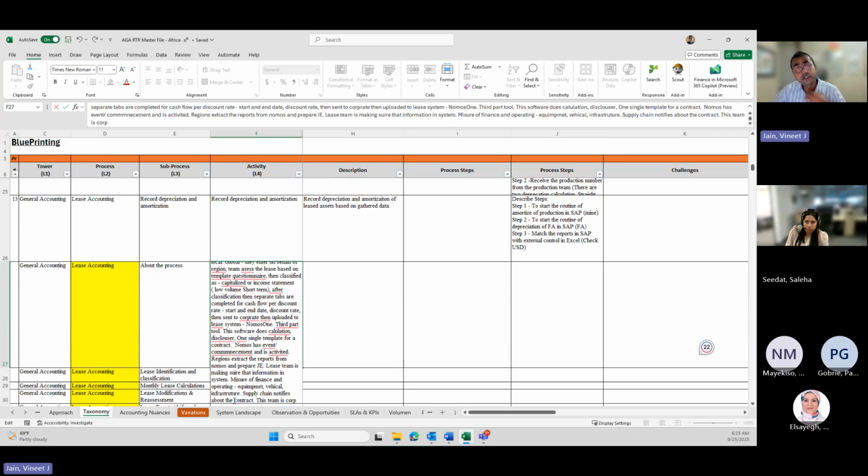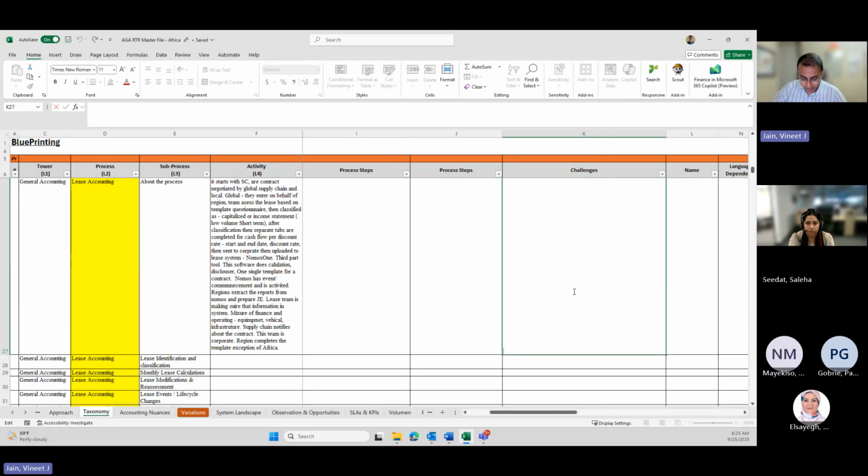And do you also get the templates filled in, or do you always have to fill the template yourself? So the regions fill the templates in and they send it to us already completed, with the exception of the Africa region. For the Africa region, we complete the template on their behalf. Okay. So that is the additional thing we are doing. Yes. I would list that as a challenge. Let me see that right here in itself. Corporate team has to fill the template